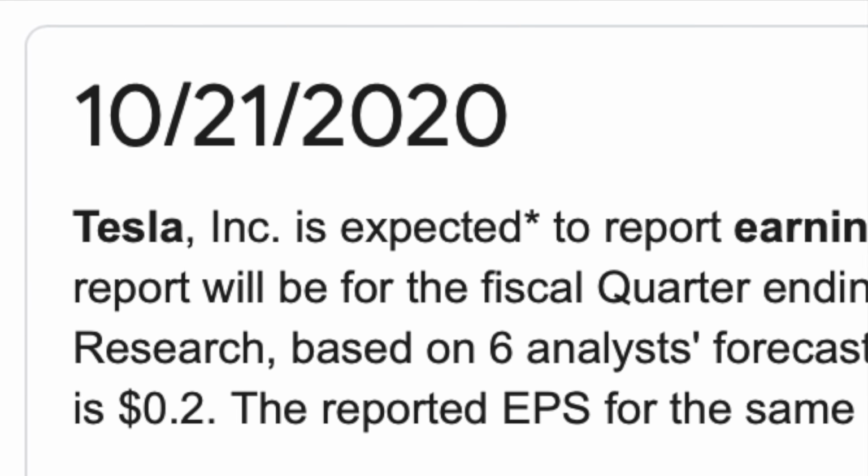And in that announcement, we anticipate some formal cues on what is coming. One of those rumors is that a full self-driving subscription model will be announced during the earnings call. If that is indeed the case, that's really exciting, and it would be well within the timeline that I believe most of us thought was going to happen. So if they do announce that, how much do you think that subscription model is going to be? My best guess is it's going to be somewhere between $100 and $150 a month